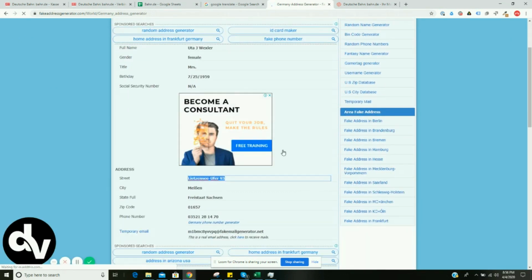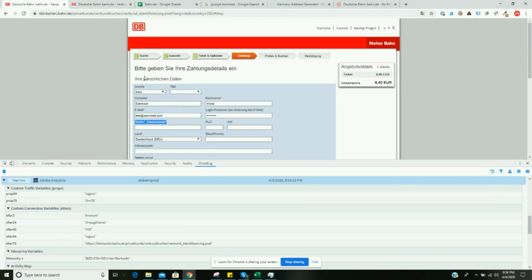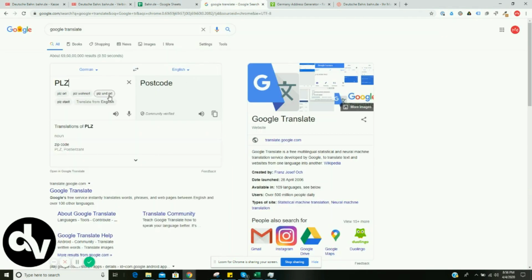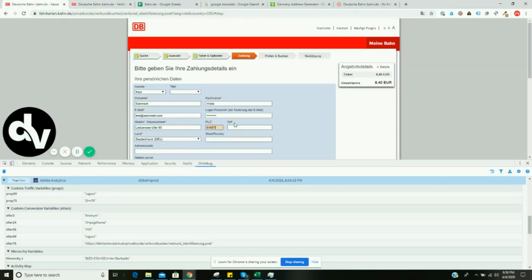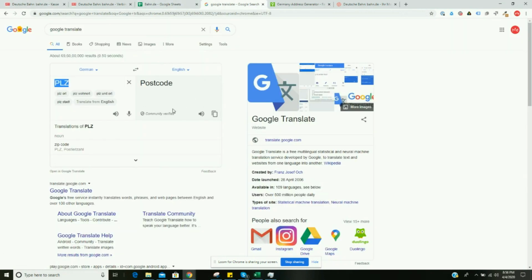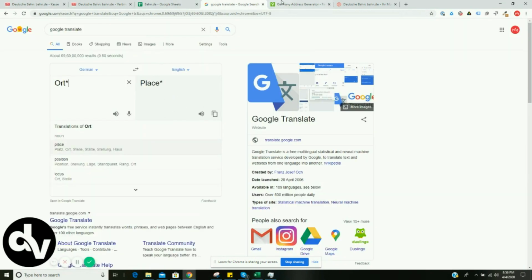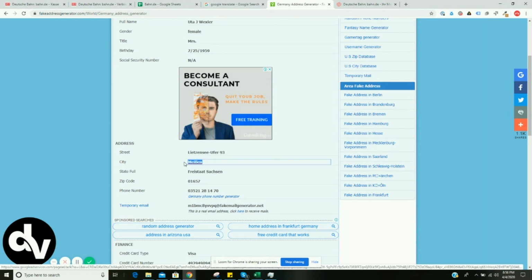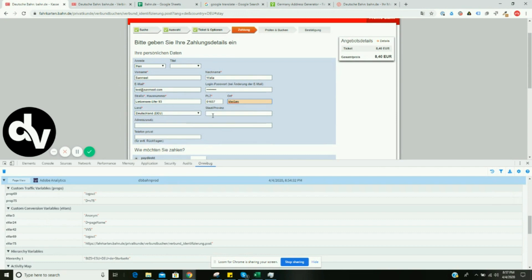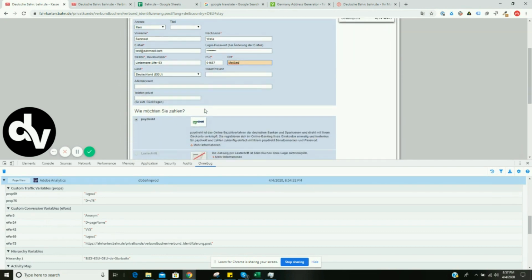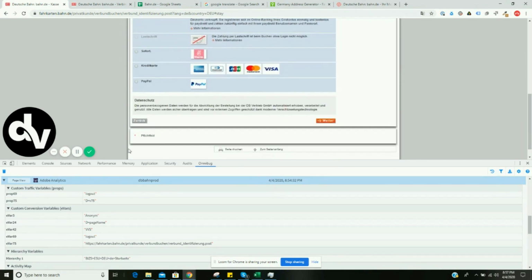Hmm. So this is what. Yeah, let's see. Let's put the postcode. What place? So not mandatory, so I'll leave that. This is not mandatory. I'll leave that. Now